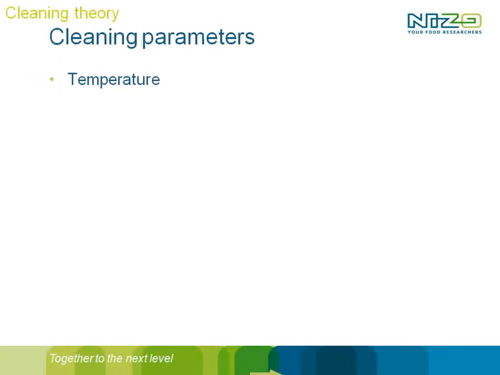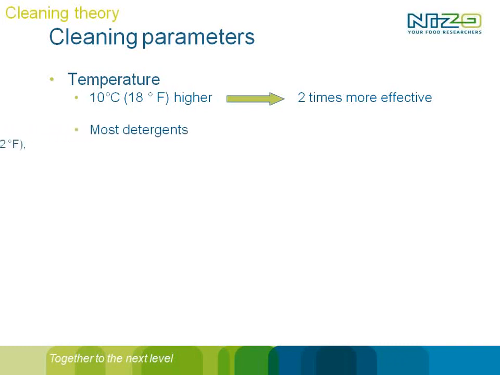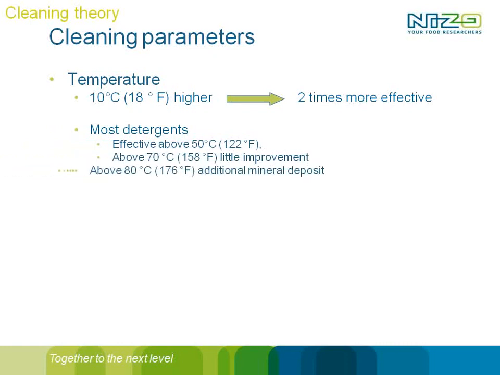Now to the temperature, and for temperature too, too high isn't always good. Normally, as a rule of thumb, with an increase of 10 degrees C, which equals 18 degrees Fahrenheit, you have a process that is 2 times more effective. However, for most detergents they say it's effective above 50 degrees C, but if you go above 70 degrees C or even above 80 degrees C, you have side effects which are less positive for the cleaning efficiency. Therefore we always advise a cleaning temperature between 70 and 80